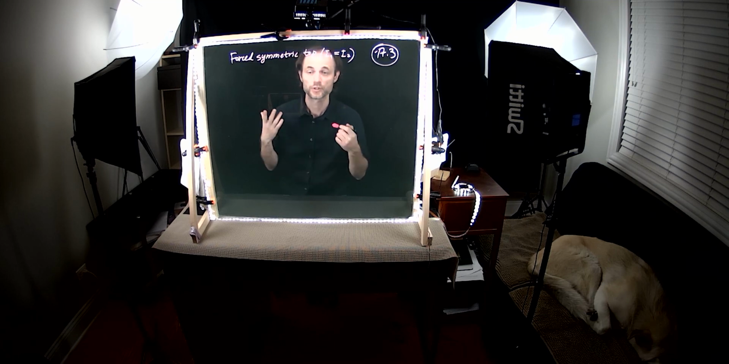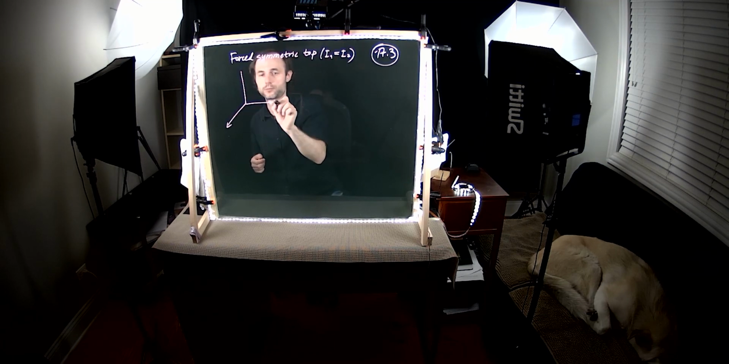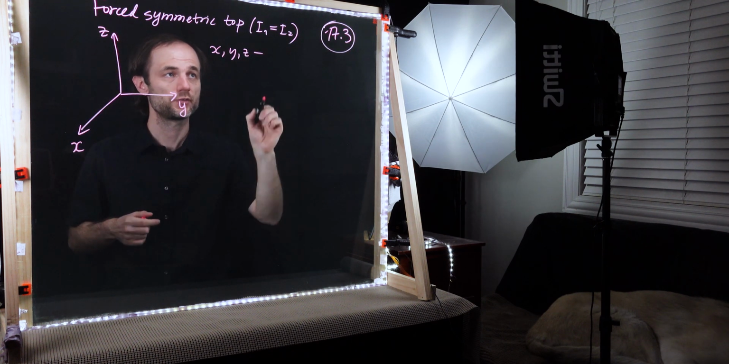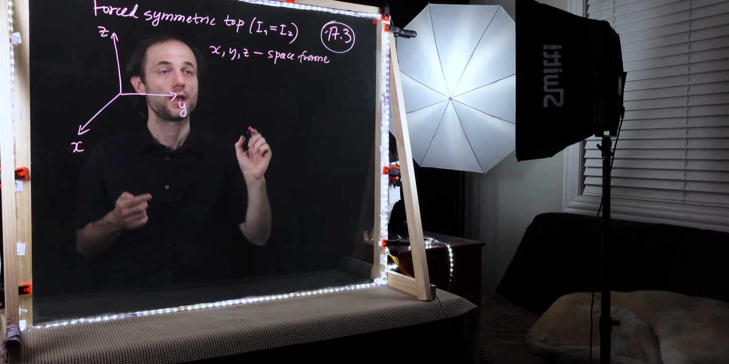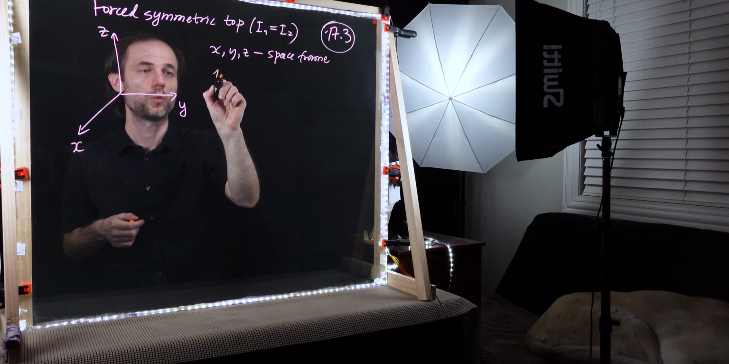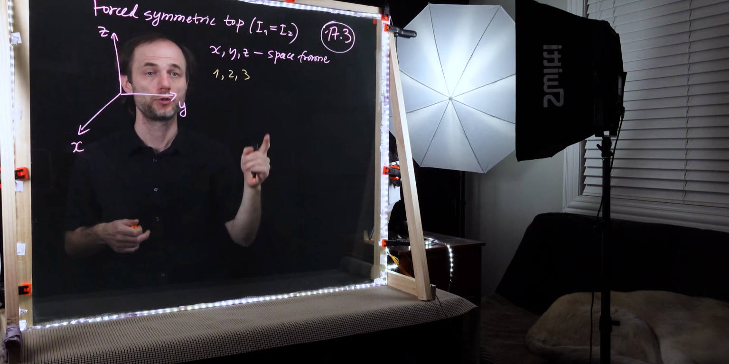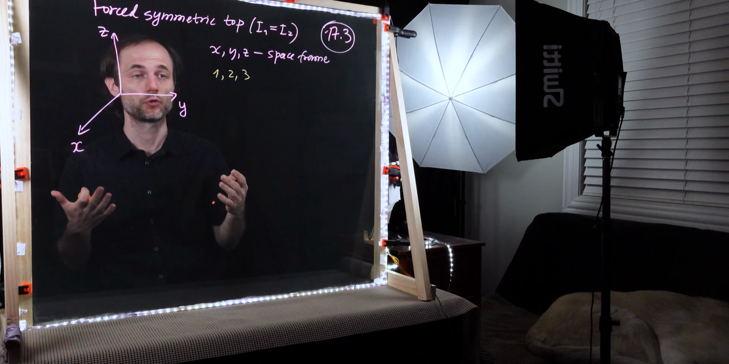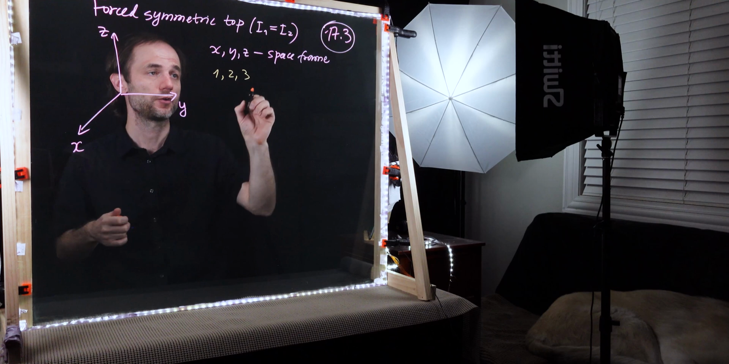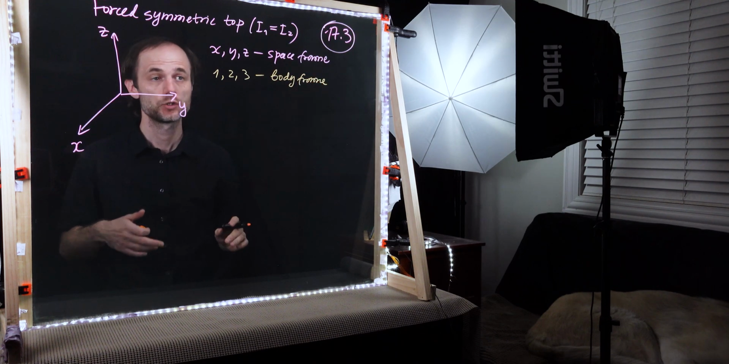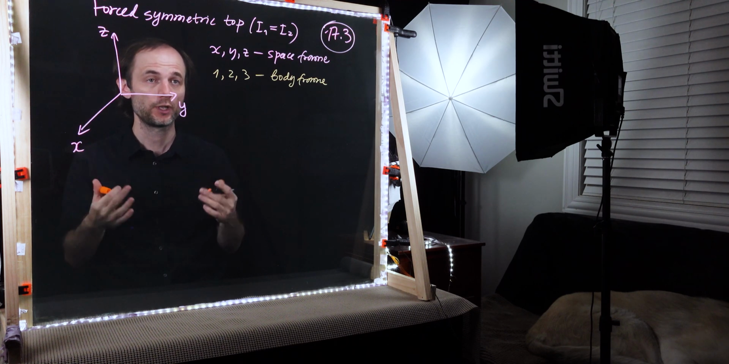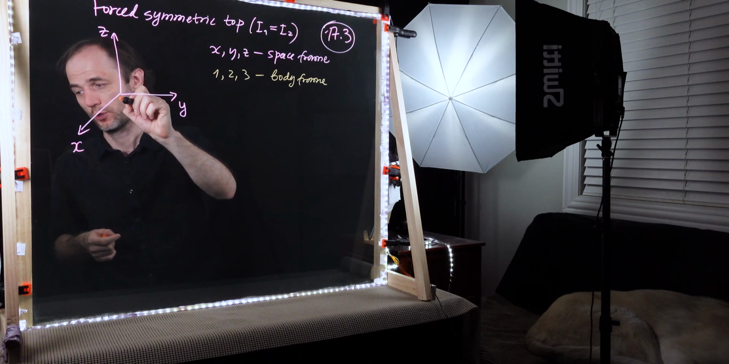So let us first introduce the space coordinates. x, y, and z are the space frame coordinates, as opposed to the body frame coordinates, which will be 1, 2, and 3. So 1, 2, and 3, these are not the numbers. These refer to first, second, and third coordinate axis in the body frame. So how do we get to the body frame from the space frame? We apply 3 Euler rotations. The first one of which